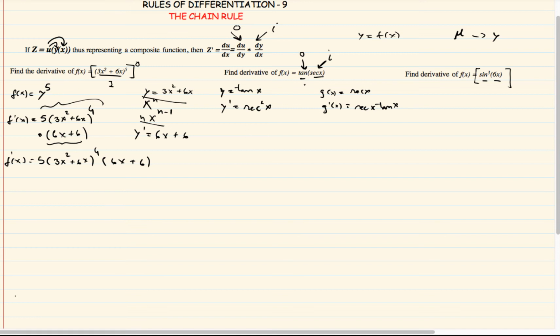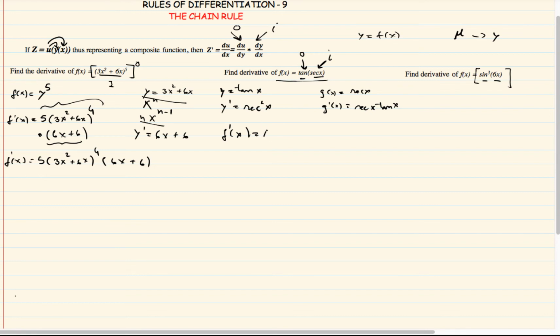So to find this, what you do is the derivative of the outer function multiplied by the derivative of the inner function. So what we'll have is f dash of x, which is our function, equals the derivative of the outer function